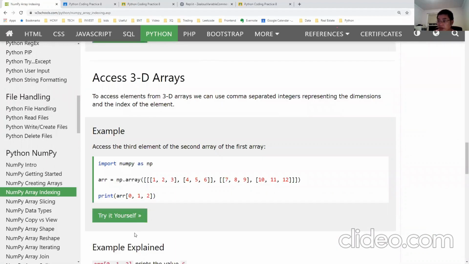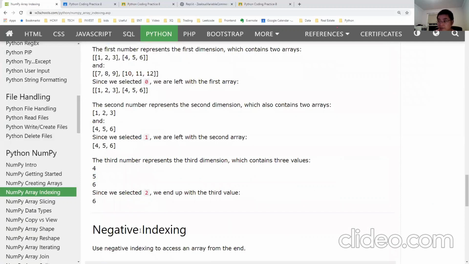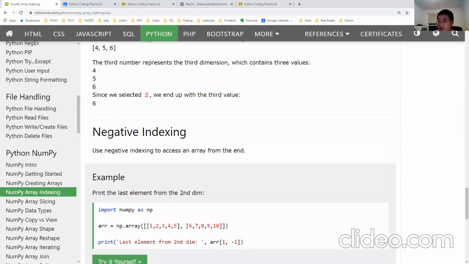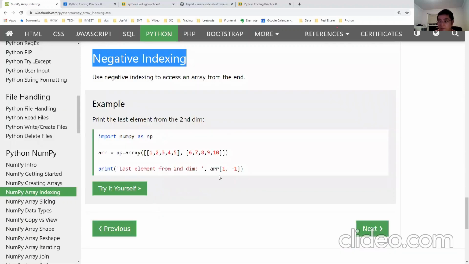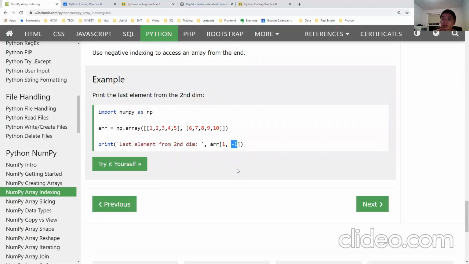If it's a 3D array, you need to put 3 indexes. First, the first set of the 2D array, then the row index and column index. That's it. We didn't talk about negative, but I've talked about negative index in the list. Negative means counting from the end.